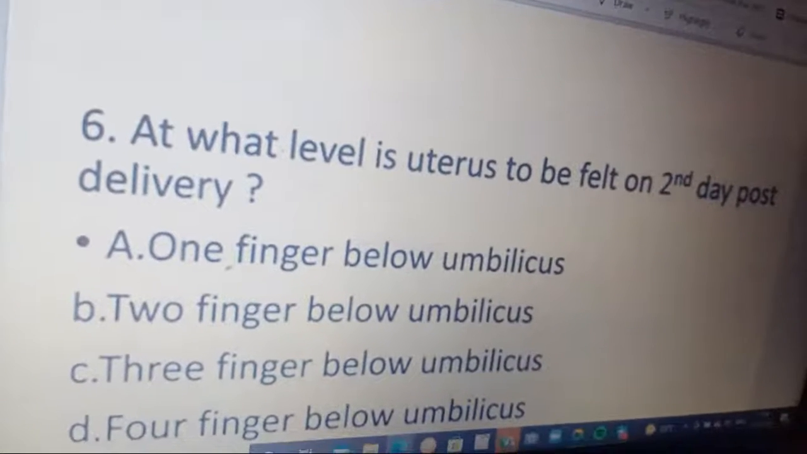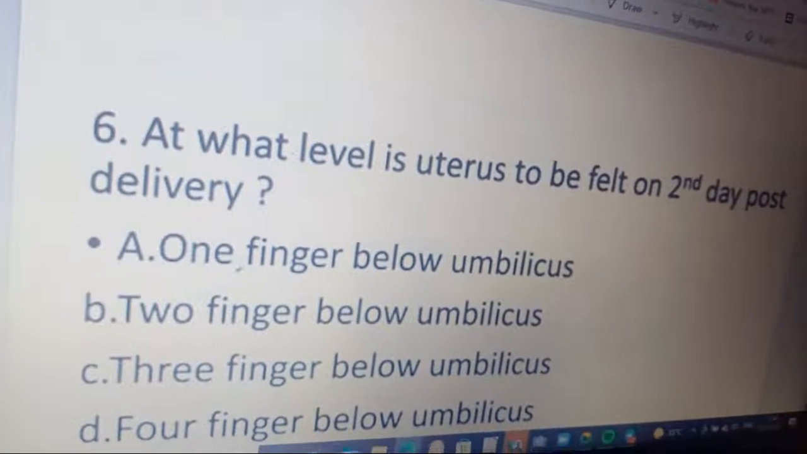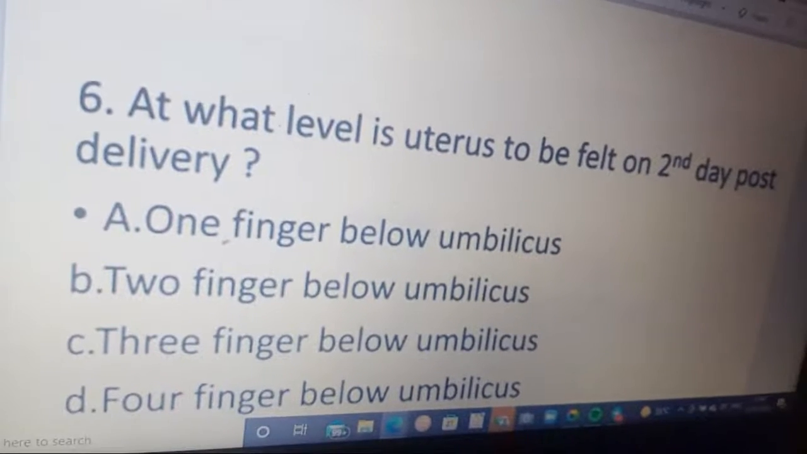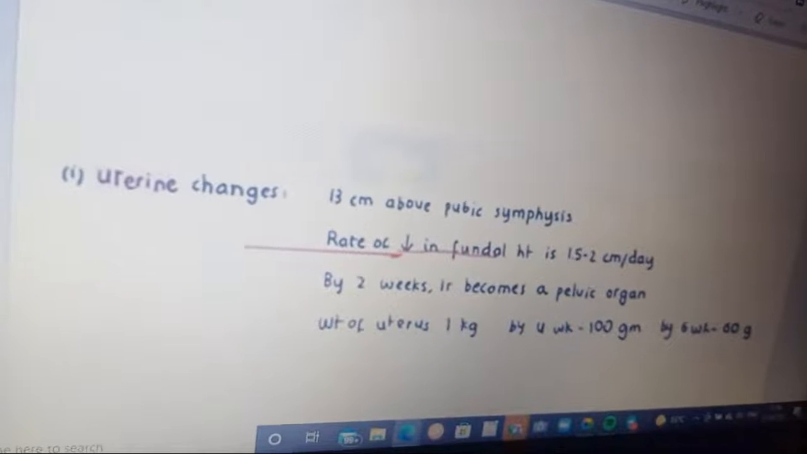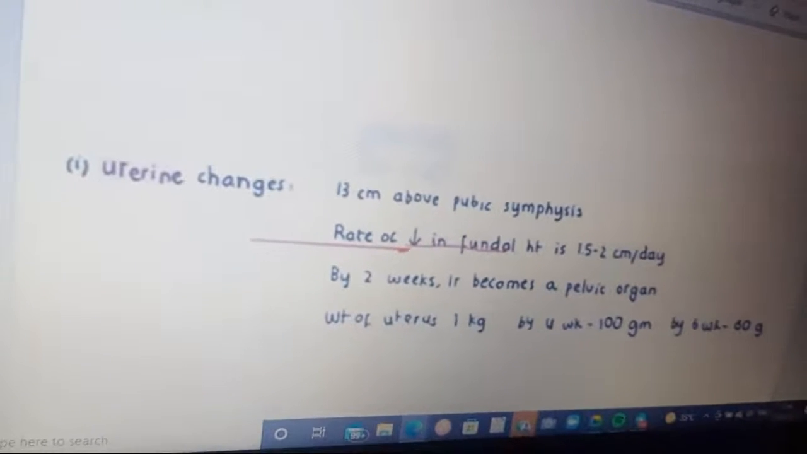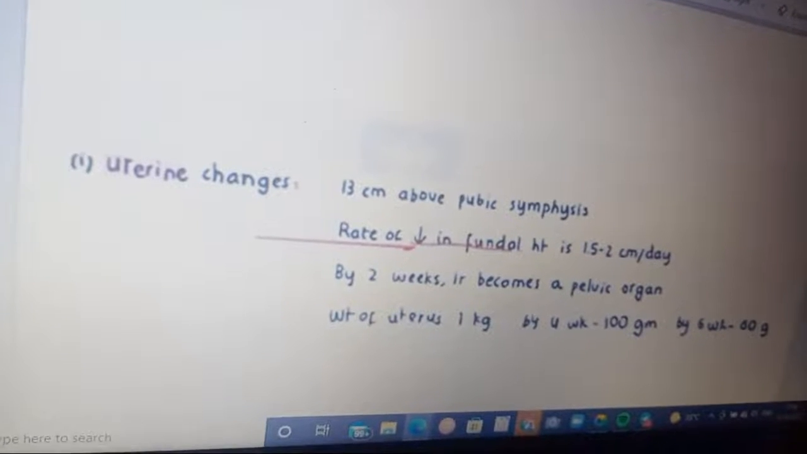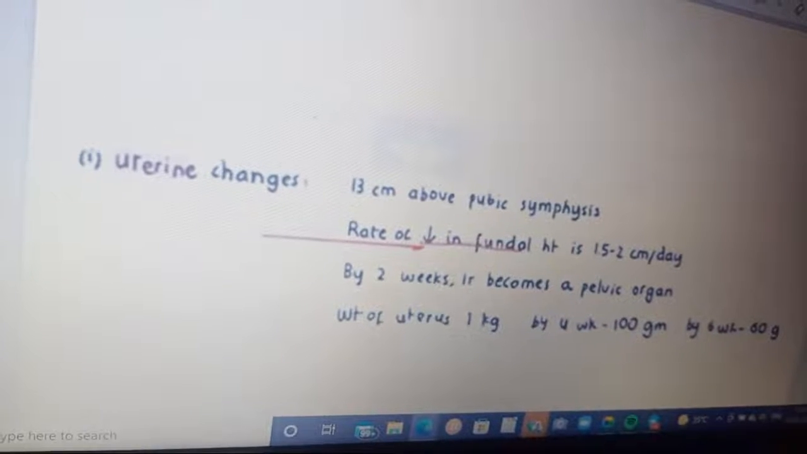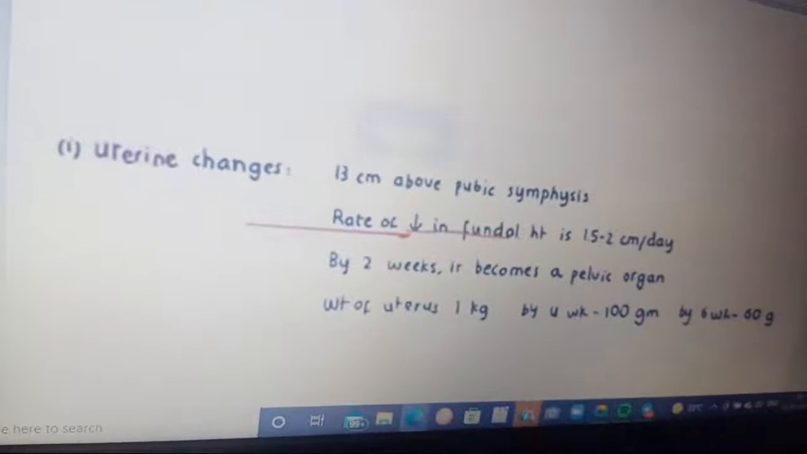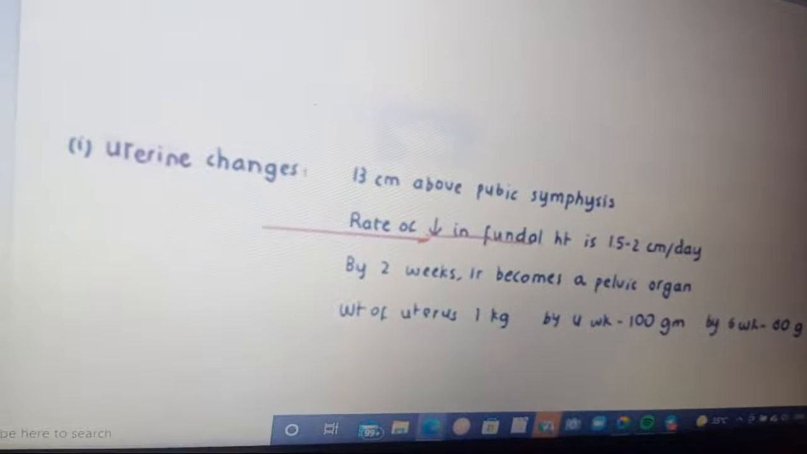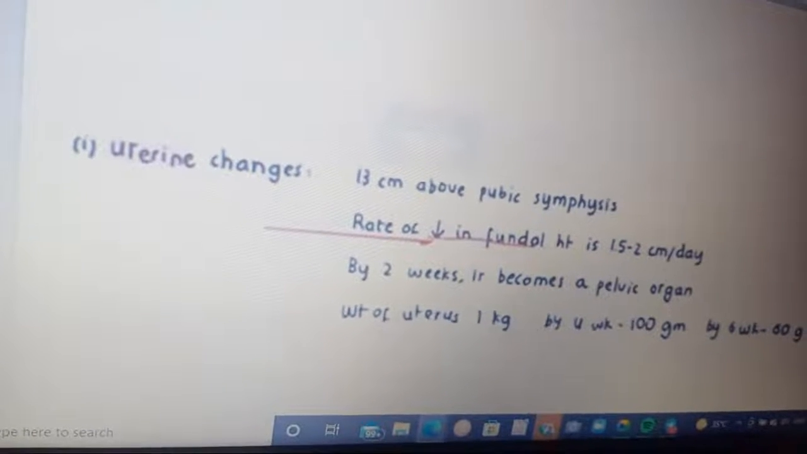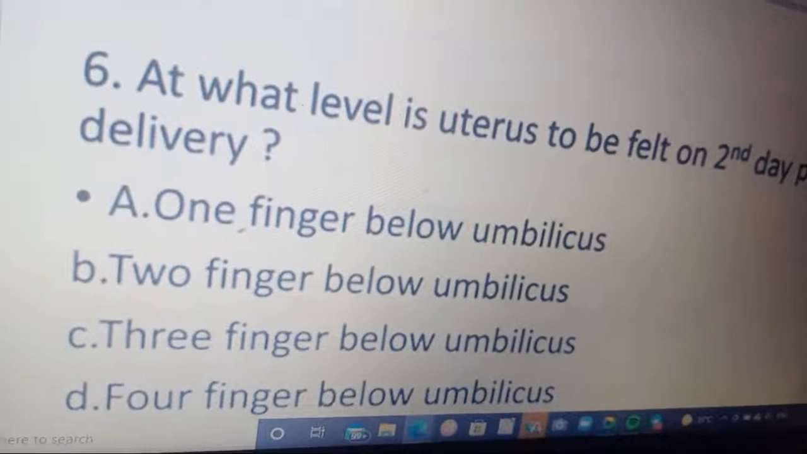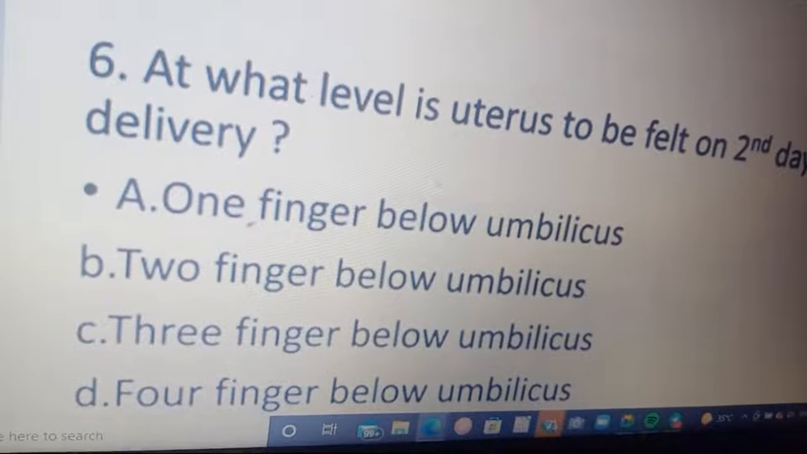Next question: at what level is the uterus felt on the second day post delivery? 1 finger below umbilicus, 2 finger below, 3 finger and 4 finger. The fundal height decreases 1.5 to 2 cm per day. By 2 weeks it becomes a pelvic organ, and the weight of the uterus is 1 kg at delivery, 500 gram by 1 week, and 100 gram by 6 weeks. So on the second day post delivery, 2 finger below the umbilicus